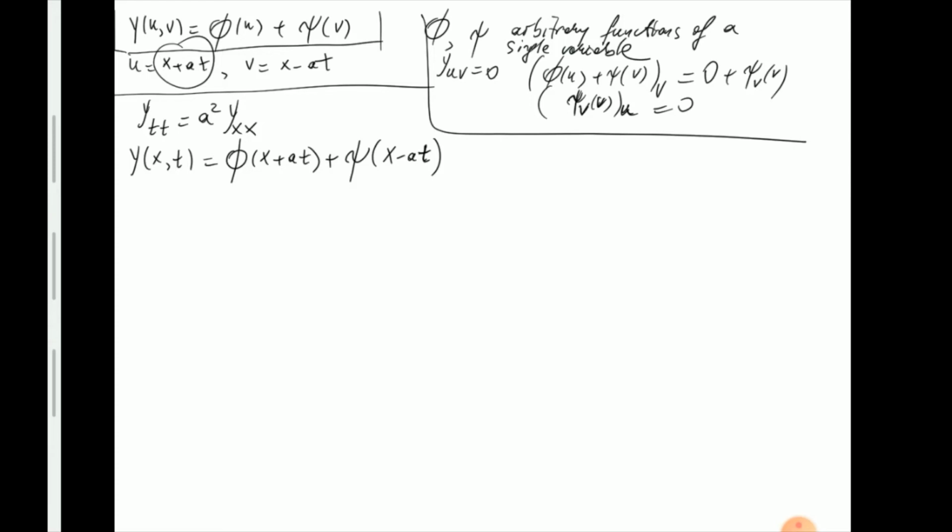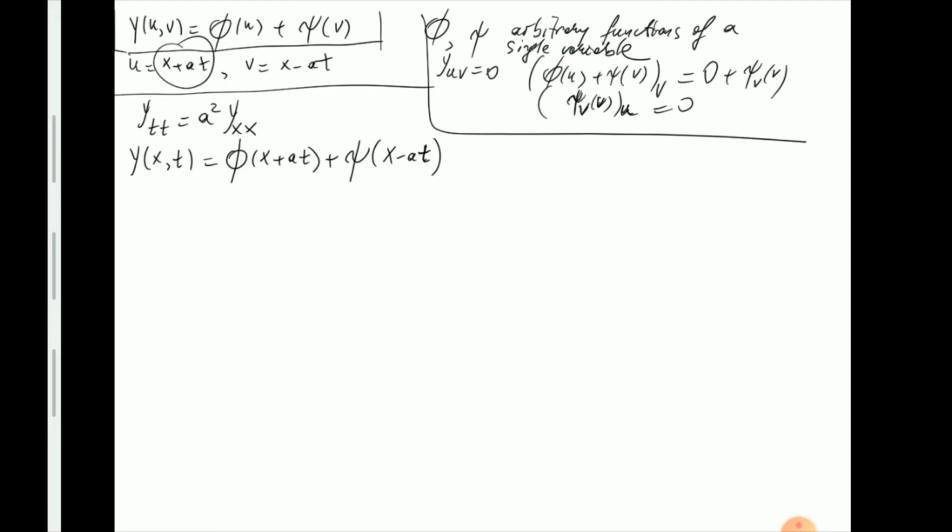There is a neat interpretation of this solution if you were to sketch it and let t go to infinity. Because of this argument, x plus at, x minus at, and also remember that when you have a shift like this, for example, if you were to sketch phi of x minus at,